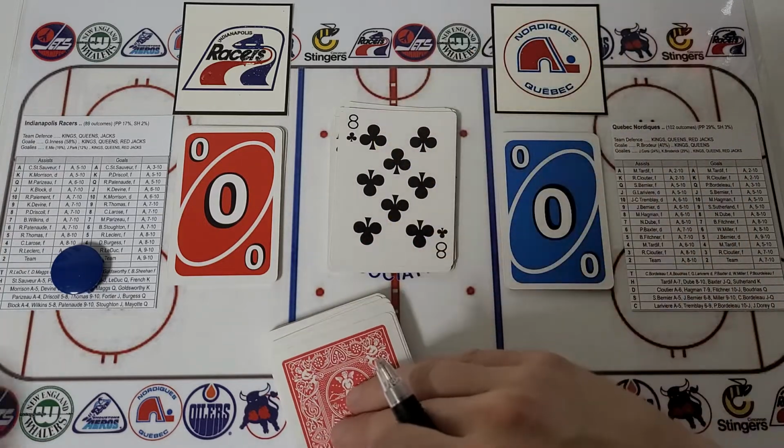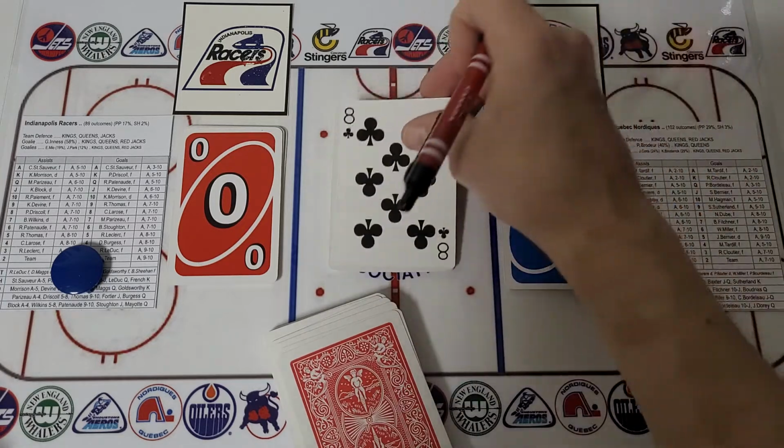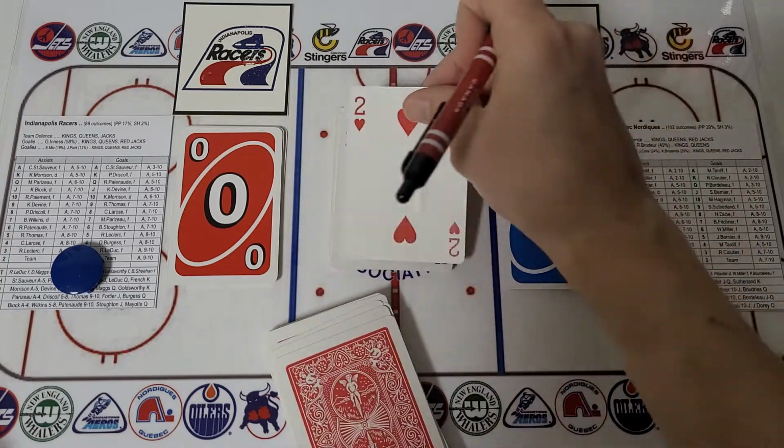Have any red cards come up? I might have to stop and reshuffle. So the Racers here, this time it's going to be Block. Block here, he's going to manage to feed it through, and Block gets it to Driscoll, and Driscoll with the